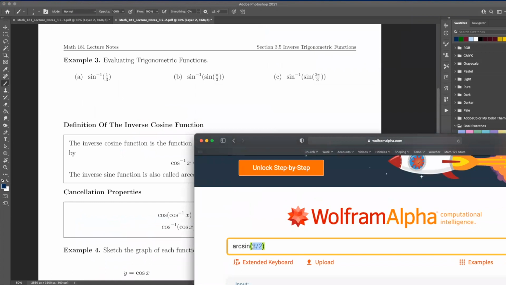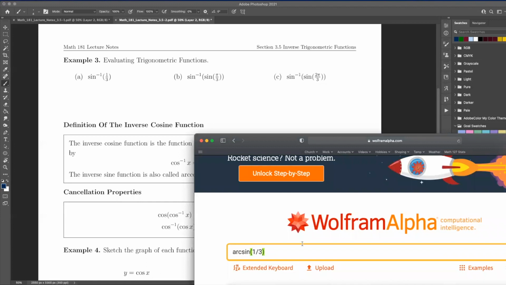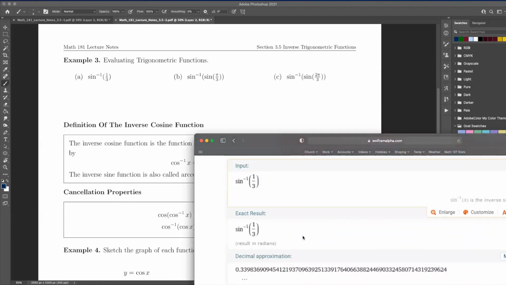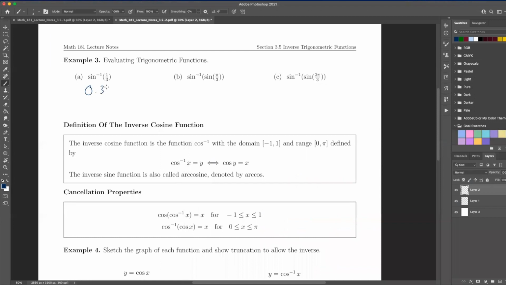So here, arcsine of 1/3 does not give me a nice clean answer. It just doesn't, right? It's not anything super clean. It's some decimal, right? So this is 0.340. And it's going to give you answers in radians. Now for B,